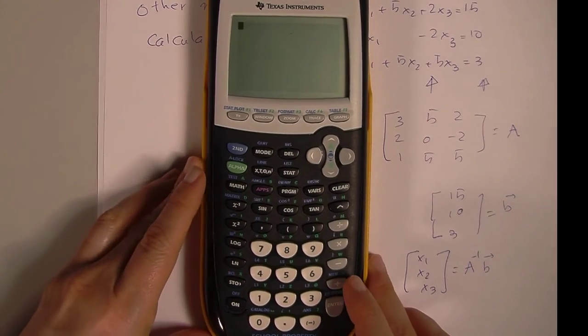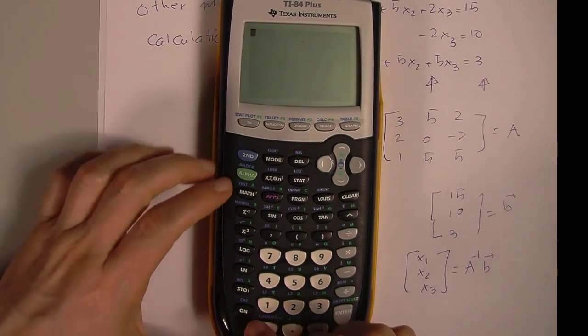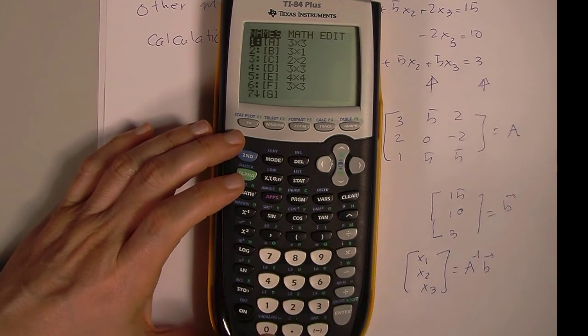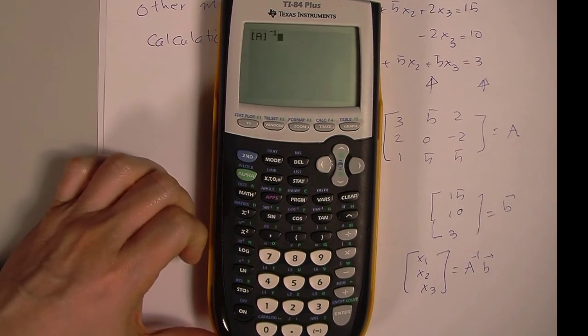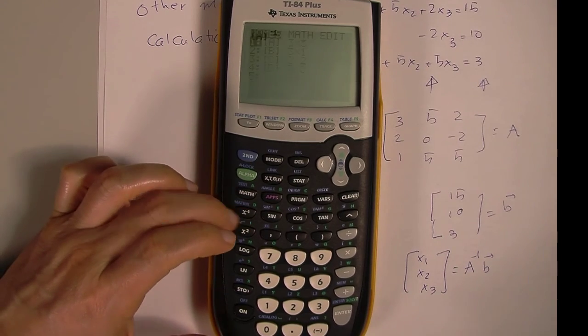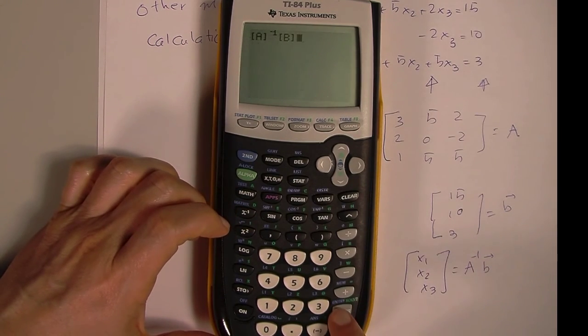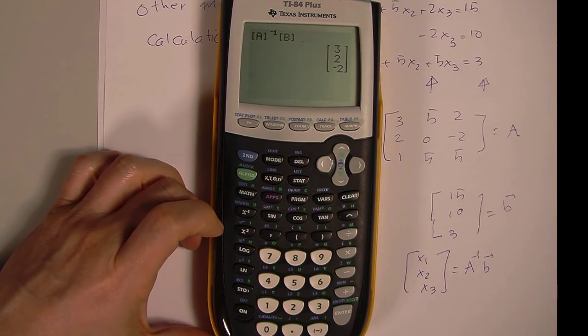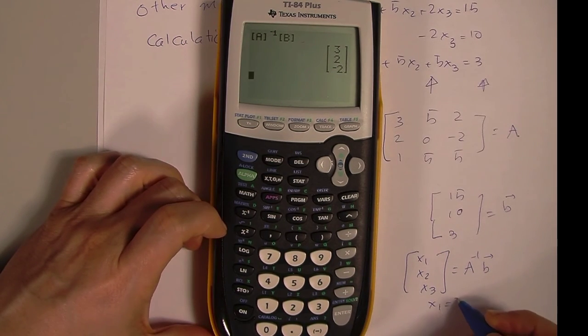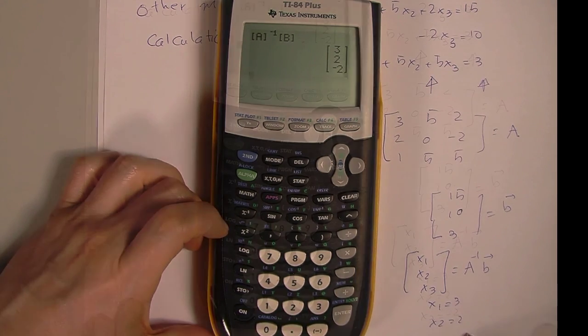So that's what I'm going to do. Matrix A inverse matrix B and multiply. So x1 is 3, x2 is 2, and x3 is negative